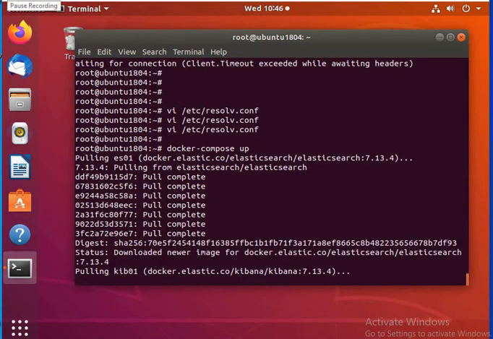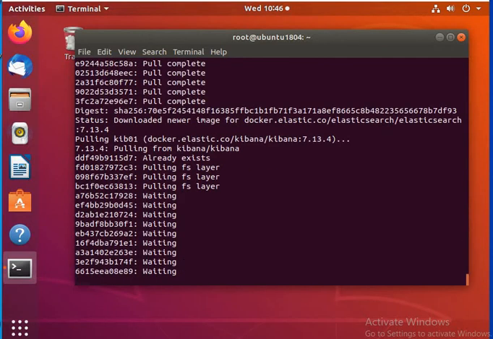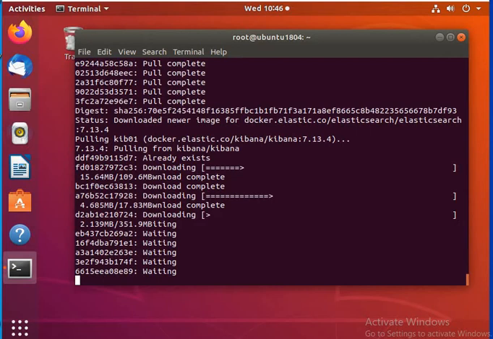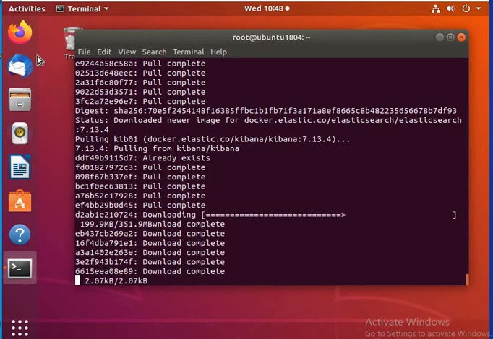The download of the Elastic image is completed and now it is trying to pull the Kibana image. So we have to wait for the Kibana image download. The Kibana image is almost done. Maybe within a few more seconds, the entire image will get downloaded and the container creation will start.